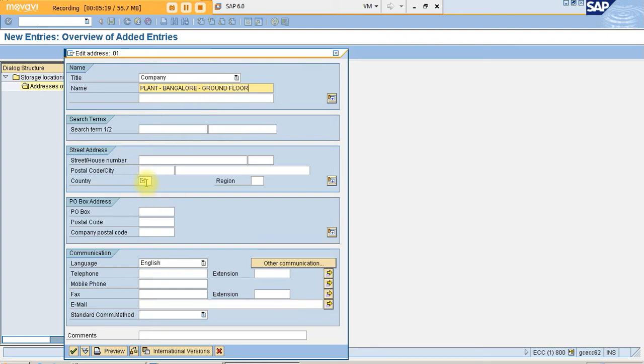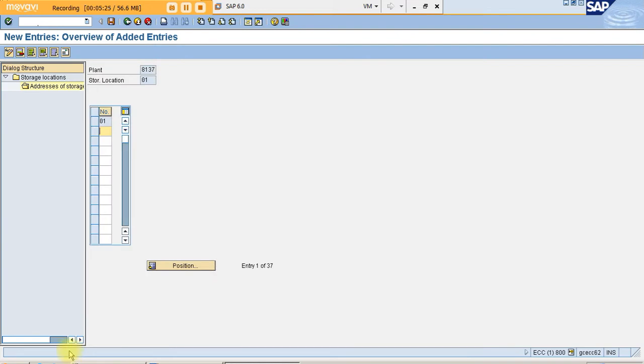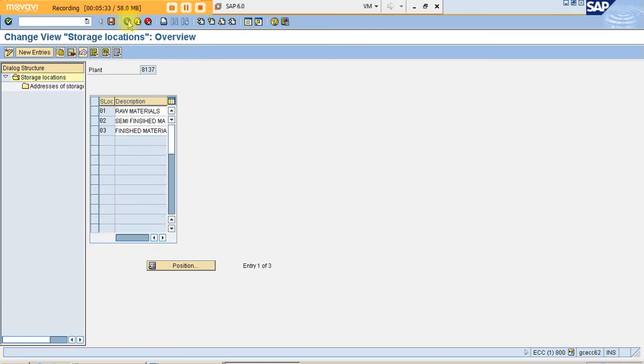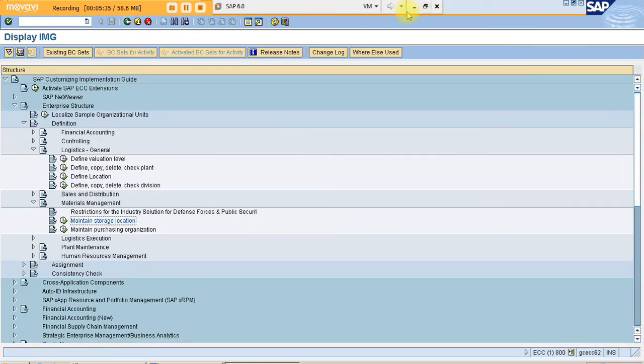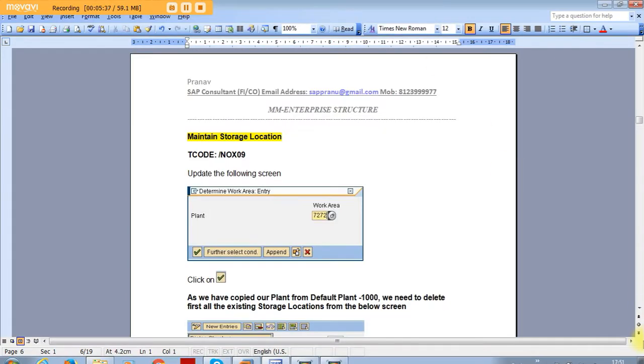This is how you can maintain the address of the storage location. Then click on the back button. Next we'll see what we need to do.